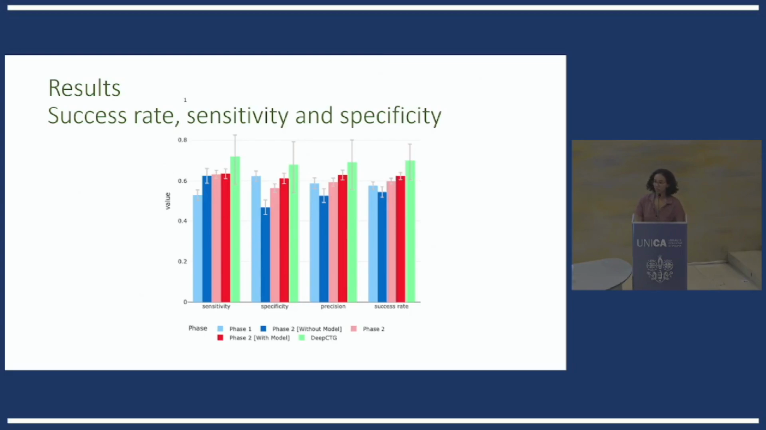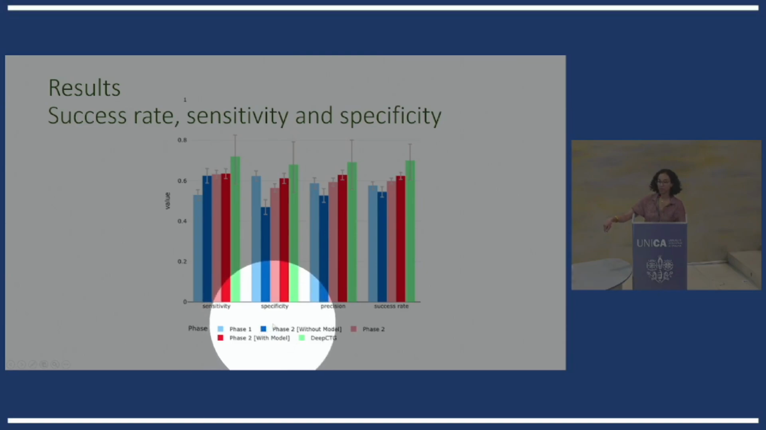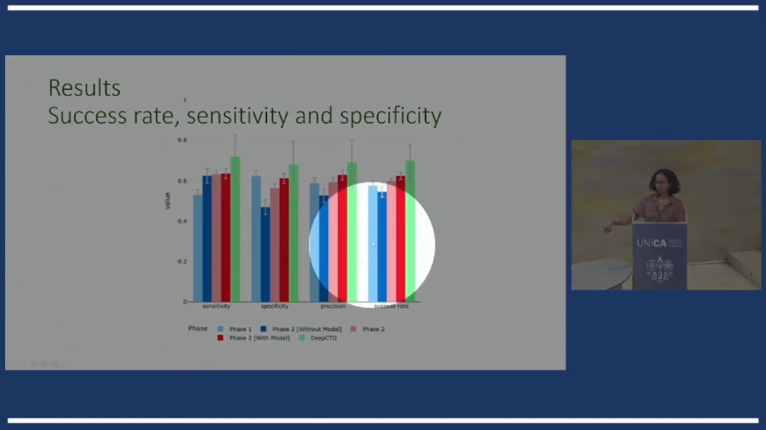The success rates are also, sorry for all this color, but let's focus. The green one is the model, deep cTG. The red one is the cohort of cTGs that were labeled with computerized synthesis, and the dark blue is the one without any aid and any computerized cTGs. So if we look at the success rates,